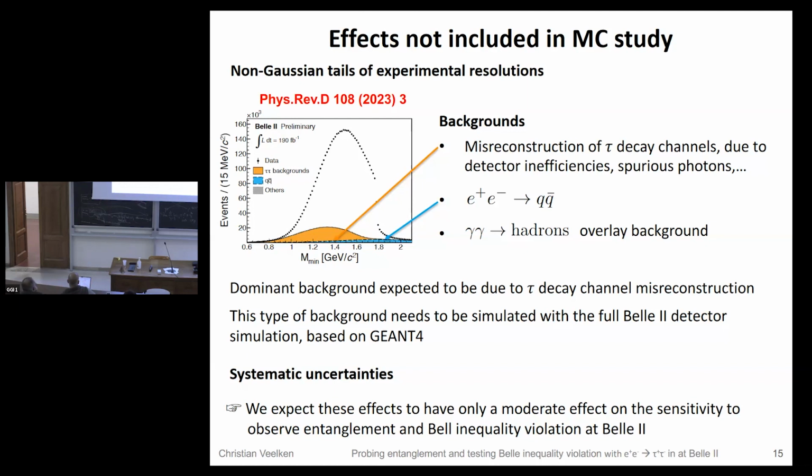Unfortunately, the background from decay channel misreconstruction we can't estimate in this FINO study, because we would really need the full Belle II detector simulation in order to simulate these effects. This will probably come because we either get spurious pi zeros, or we lose the pi zero due to detector inefficiencies, or because the pi zeros are outside of the experimental acceptance. And if this happens, then 2 effects will harm our analysis.